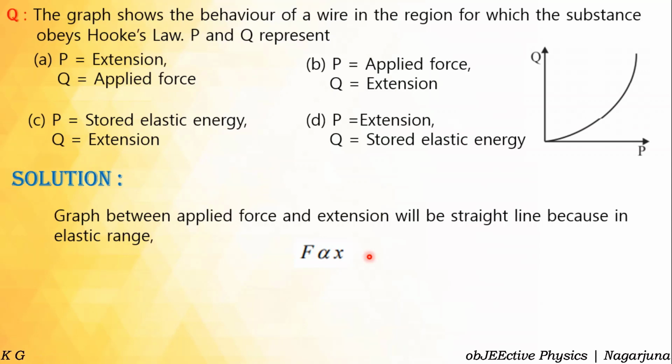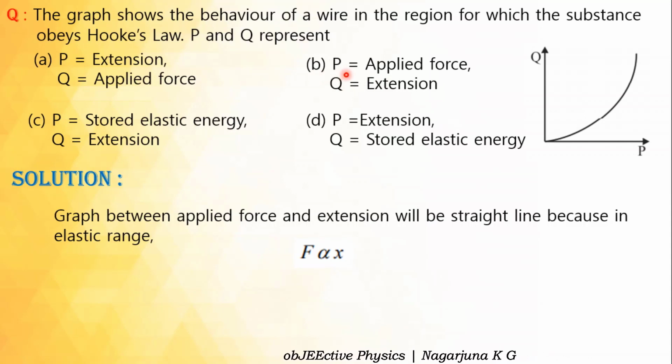F is directly proportional to X if other quantities are the same. So it is a straight line for both option A and option B, passing through origin, but the given graph is not a straight line passing through origin,